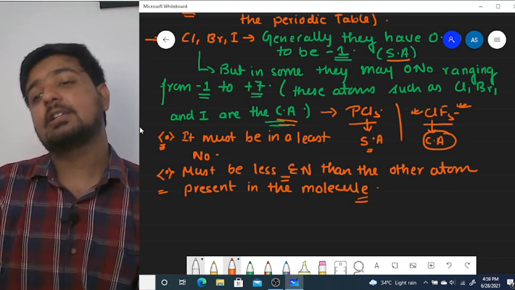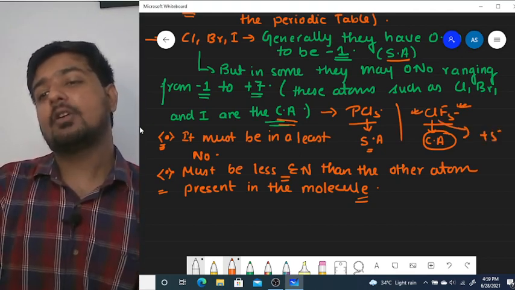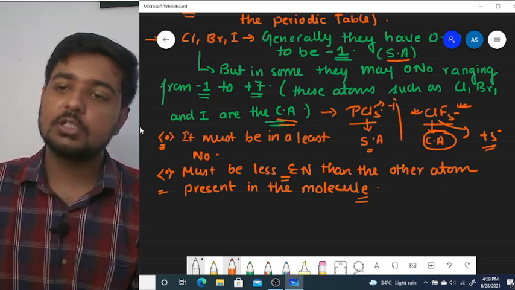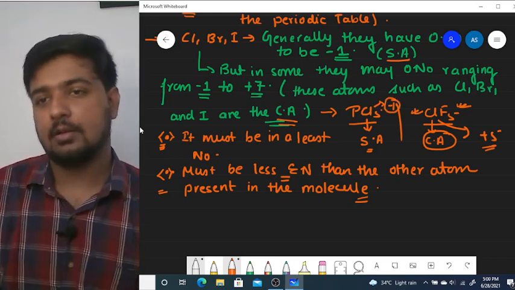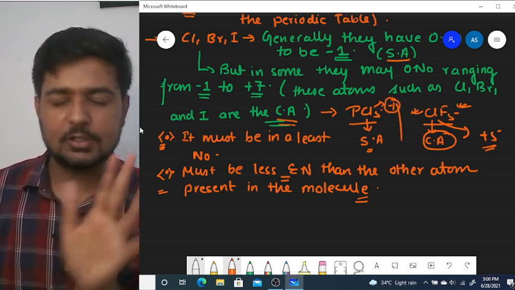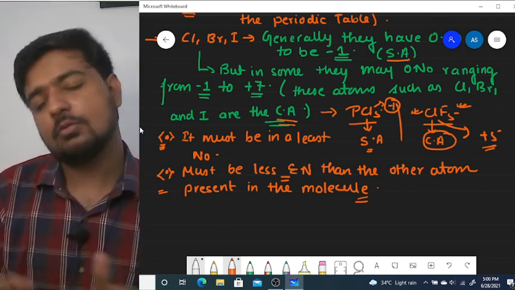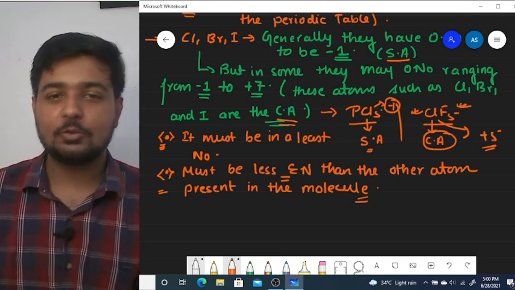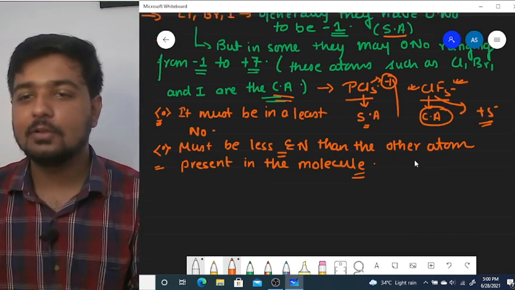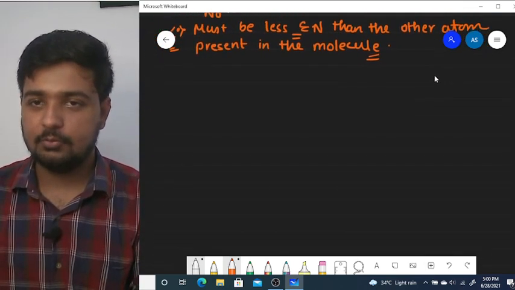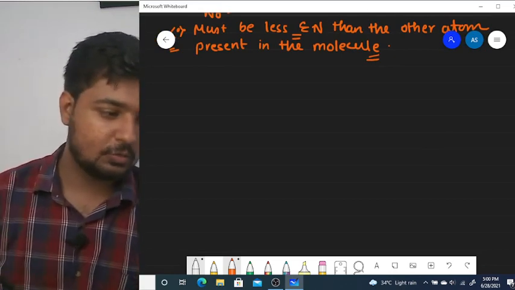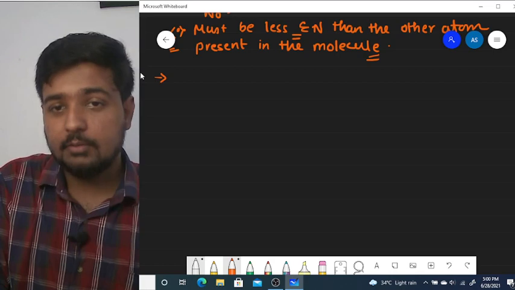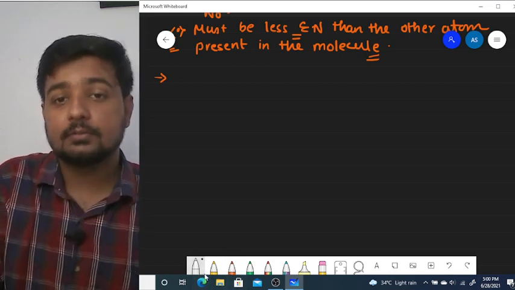So here it acts as a central atom and the chlorine will have an oxidation number of +5, but there the chlorine will have an oxidation number of -1. Generally it is present as a side atom, so -1 is the safer side to take as the oxidation number of chlorine. Are you getting the points? Yes or no, my dear students? Here you have understood about the halogens. And the next will be oxygen.